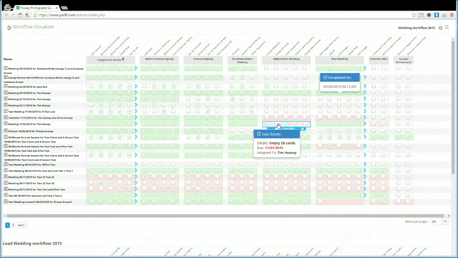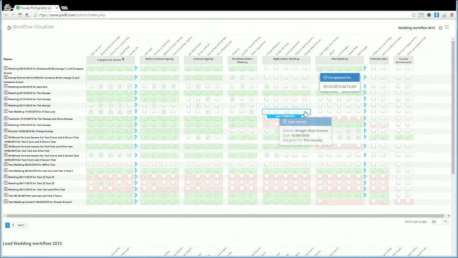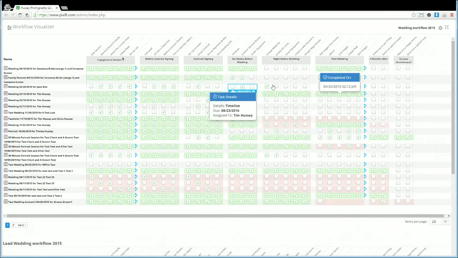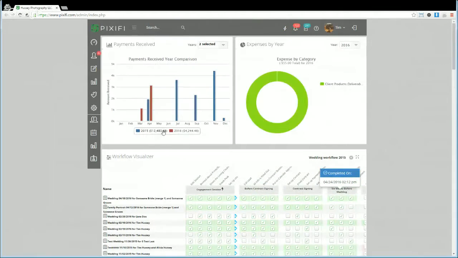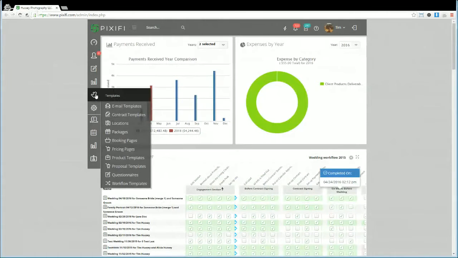Also, when you see tasks that are red, you can hover over it and see what it is, when it's due, who it's assigned to, and whether it's overdue or not. You can just hover over an uncompleted task, and it'll show you all the details. So this is the visualizer, and now we're going to go back down and dig into an actual